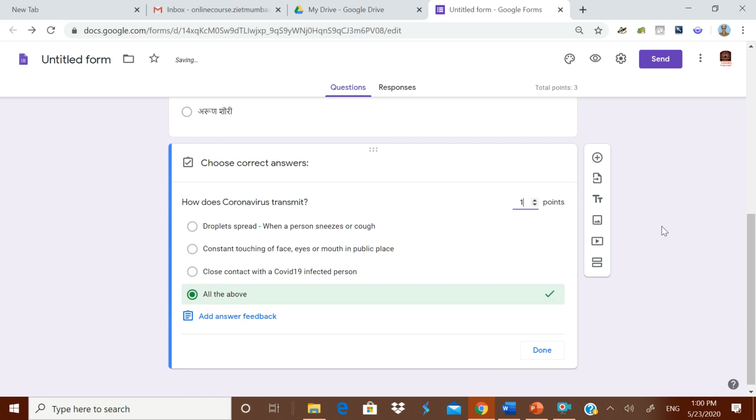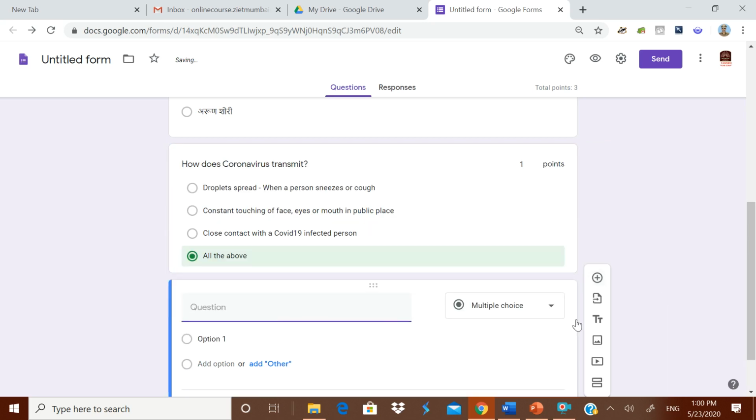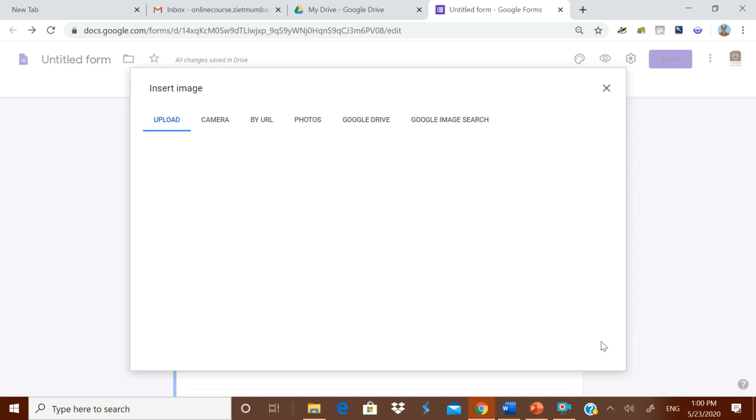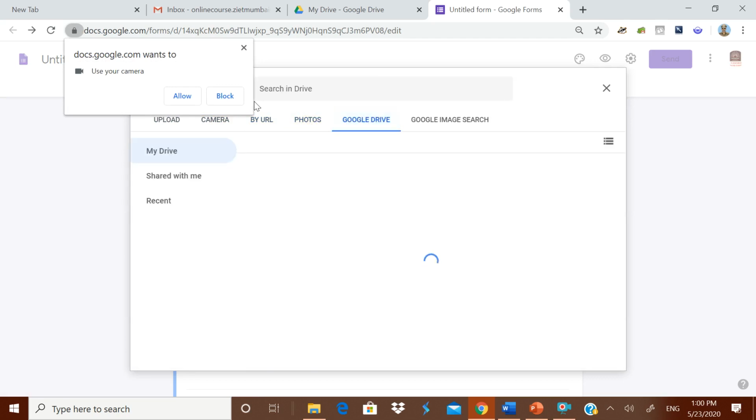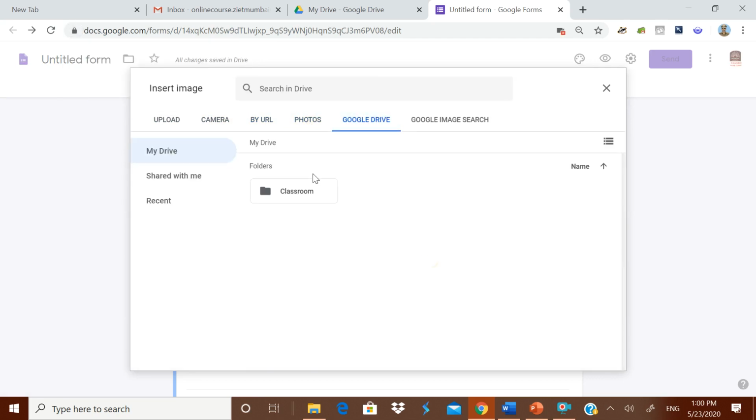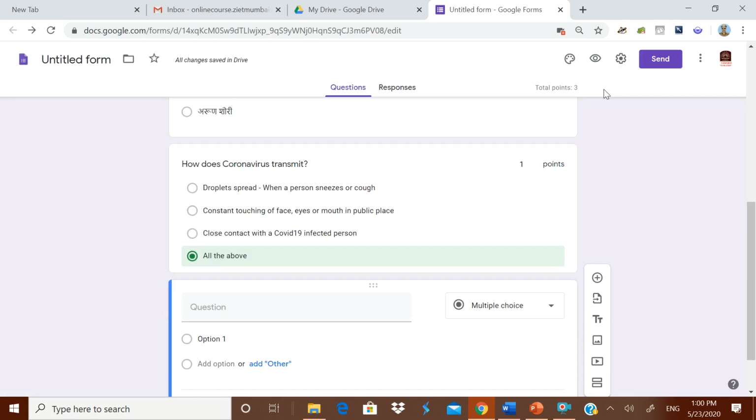Okay, what is the other advantage you can have? Suppose I am putting this plus sign. Here I can import questions from some other quiz which I have already made, and I can add one image. When I click it, it will automatically ask you want image from upload or from the camera, from URL or from photos or from the Google Drive, whatever you have, and there are certain restrictions for it. You know that based on the size of it, and you can click that particular image over here, and you can ask the question based on that image.